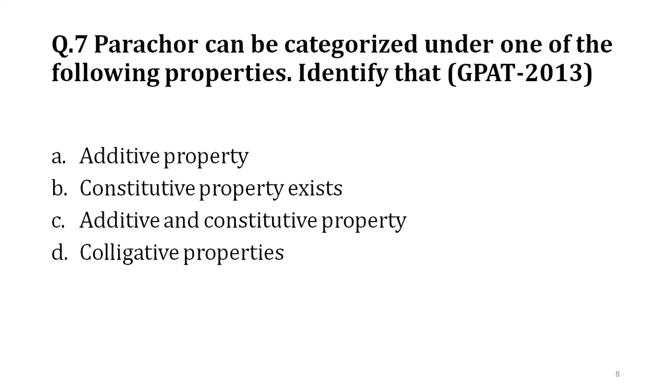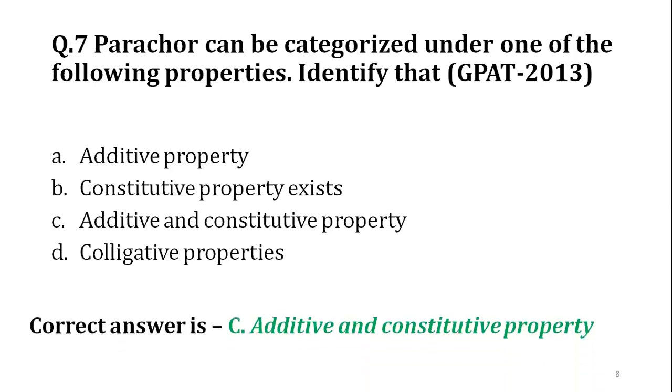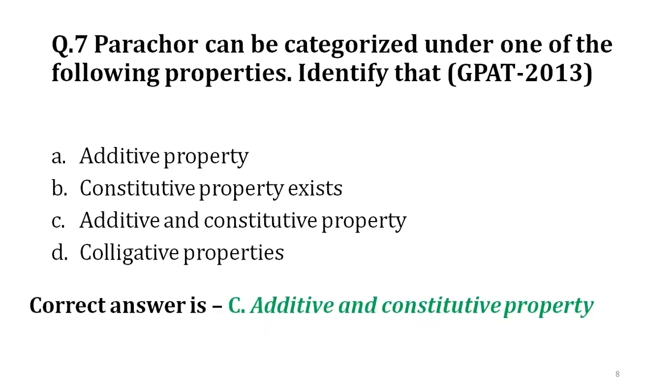First, colligative properties depend on the number of molecules. Next, additive properties are the sum of the properties, like molecular weight. And third, a constitutive property depends on the arrangement of the molecules. Surface tension does not depend on the number of molecules, as we discussed earlier. So it is both an additive and a constitutive property. So option C, additive and constitutive properties.